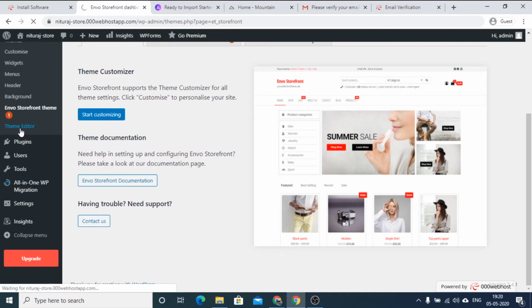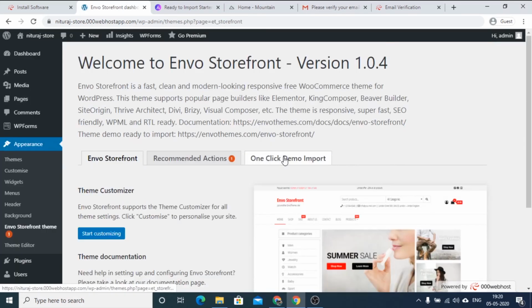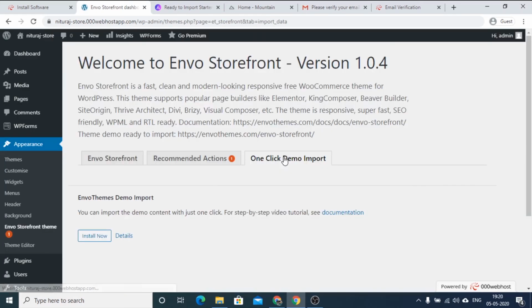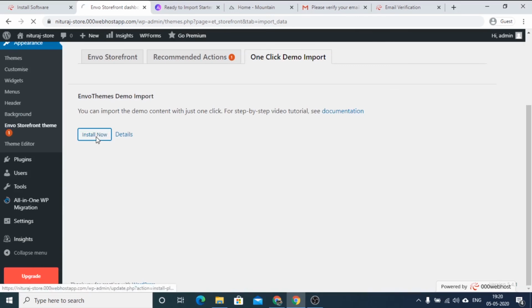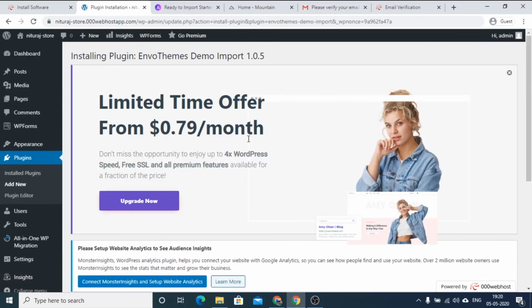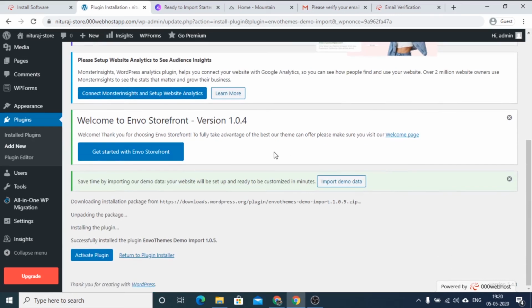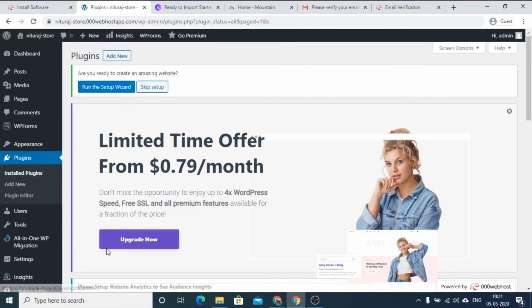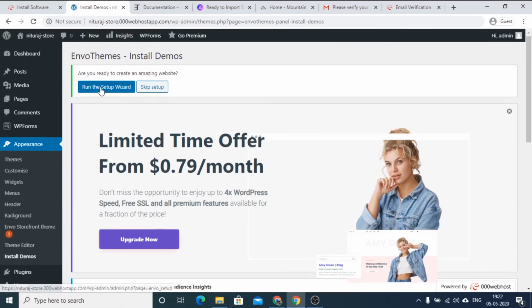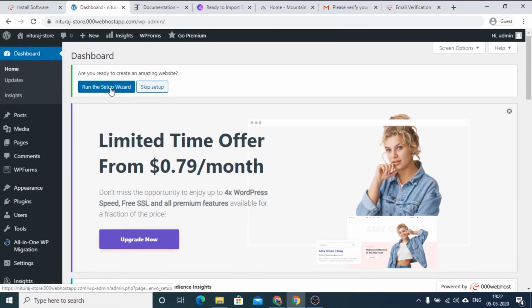So we will import a demo theme now. We will click here, one click demo import, install, activate plugin, install demo. Now we'll run the setup wizard.